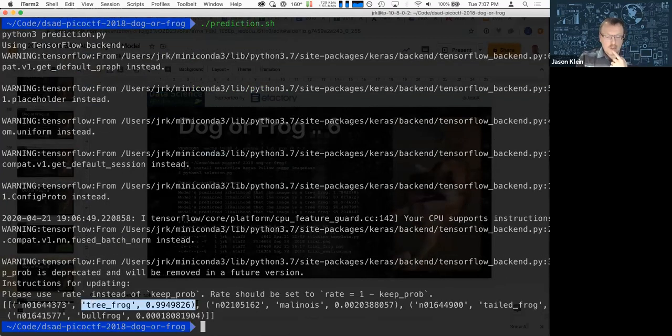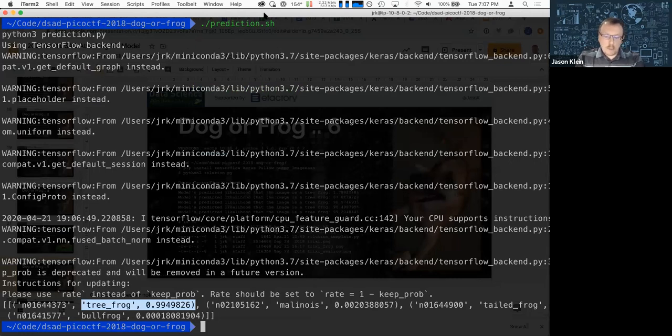It's a tree frog, and it's 99.4% sure. Now we could go back to that attack script and change the category and run it again and have it output a different image, and MobileNet would think that Trixie the dog was a cat or a horse or a house or whatever other category we run it through.